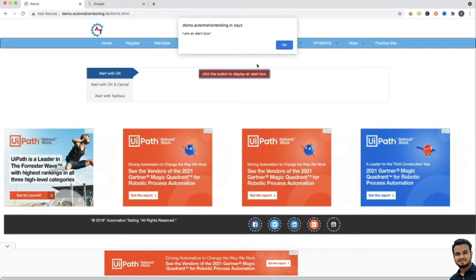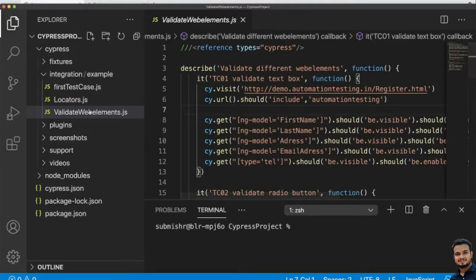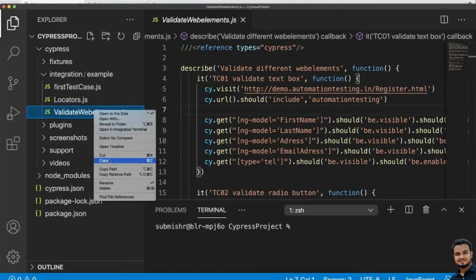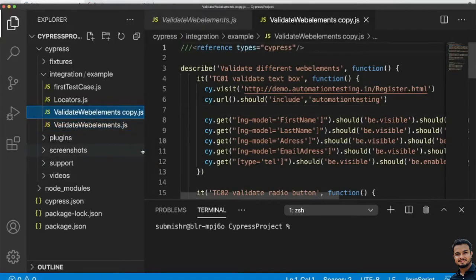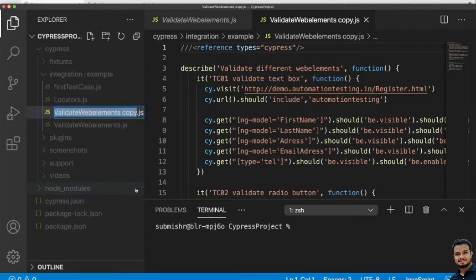Cypress will automatically click on that and take care of that. So, we will see how to do that. Let us go to our Visual Studio and write the code for that. First, I will copy one of the JS files, paste it, and rename it to